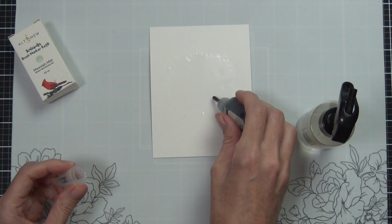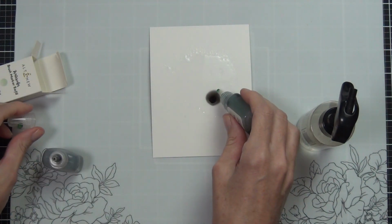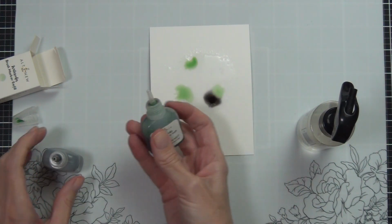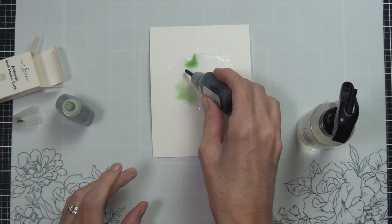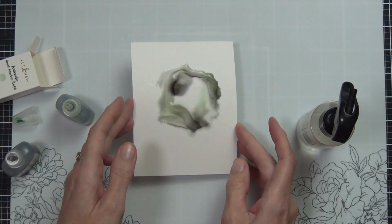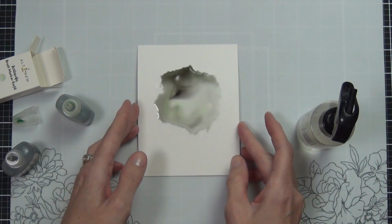So I've started by spritzing some clean water in a circle in the center of my piece of cardstock here, and I'm adding some of the refill colors. These are from the watercolor brush markers, and they have a real intense color, and they've got all the colors that are in the 3 sets of markers, so there's heaps to choose from. And I just love the way that they're mixing here. It's not